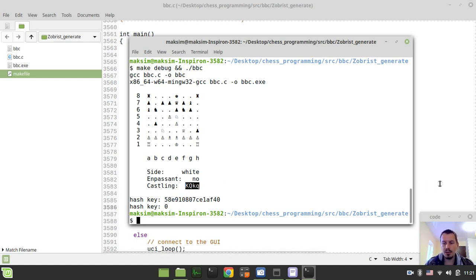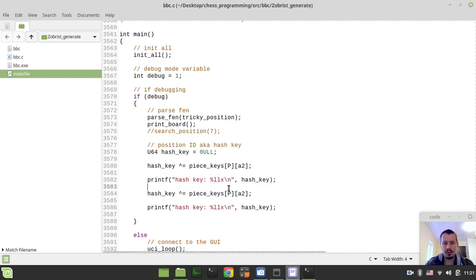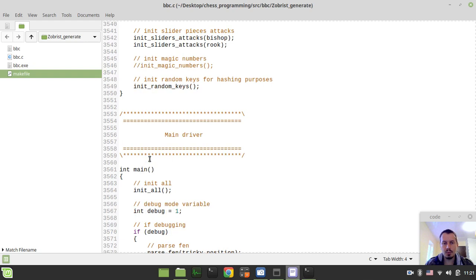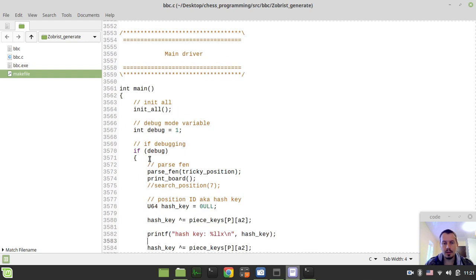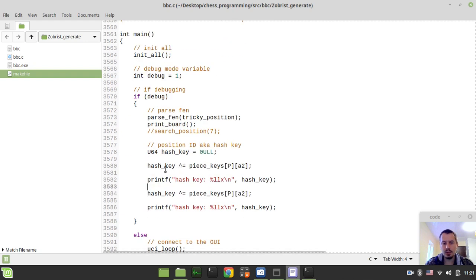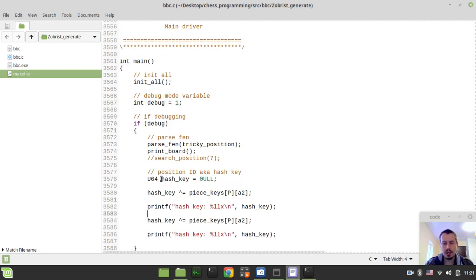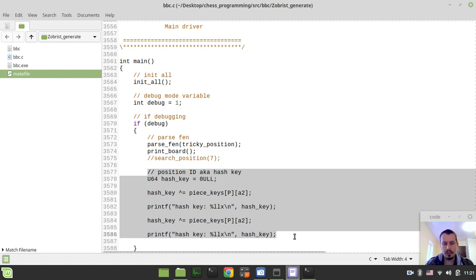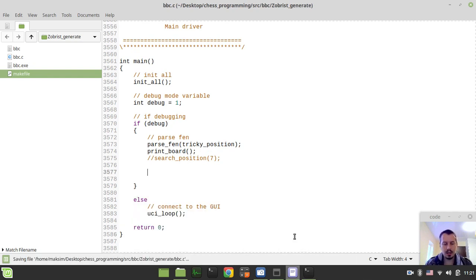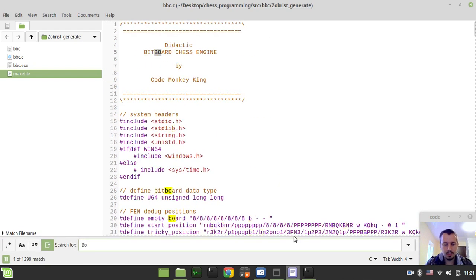Well, okay guys, so without further ado, I would actually now like to start and write the function that would be initializing our hash key, so generating this unique position identifier from scratch. So I don't really need this code anymore. Okay, and I just want to go to the board